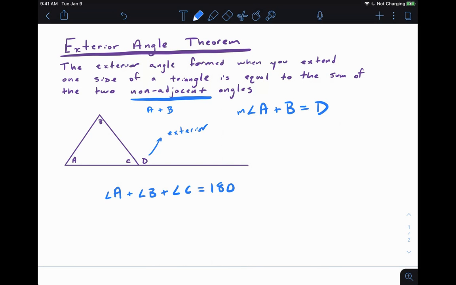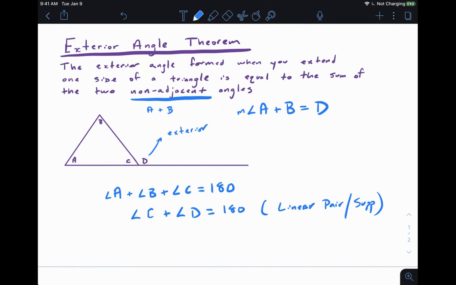Now, if we look at angle C and angle D, those form a linear pair. Together, they make up a straight line. So we say those are supplementary. So angle C plus angle D, supplementary, linear pair. That's not the triangle sum, that's the linear pair supplementary definition. Okay? And once again, we're going to use some kind of algebra substitution here.